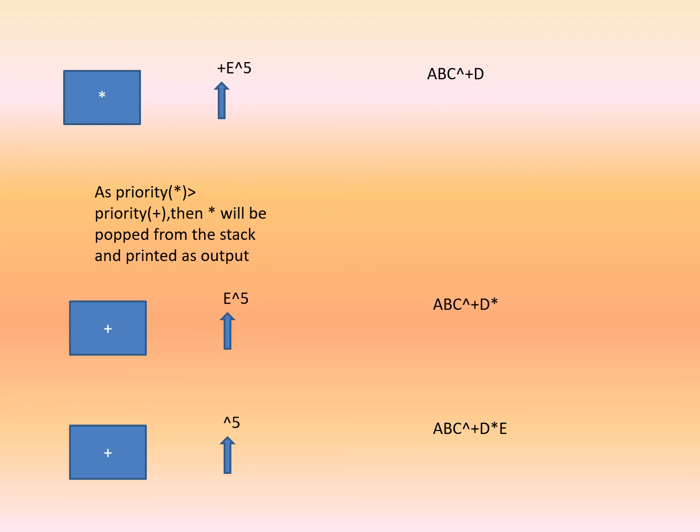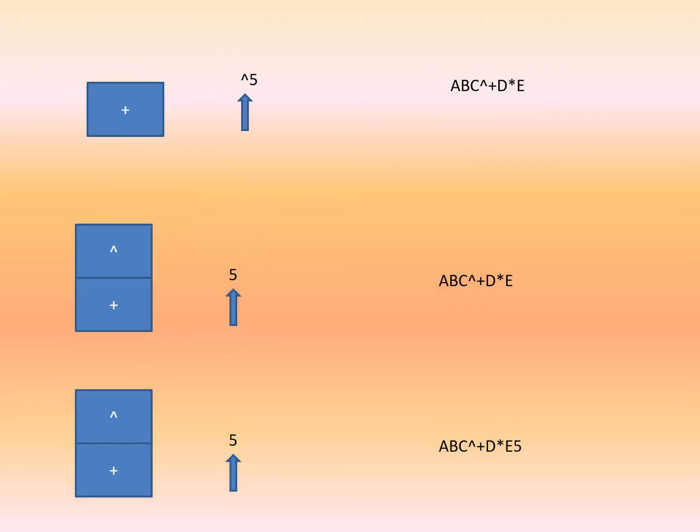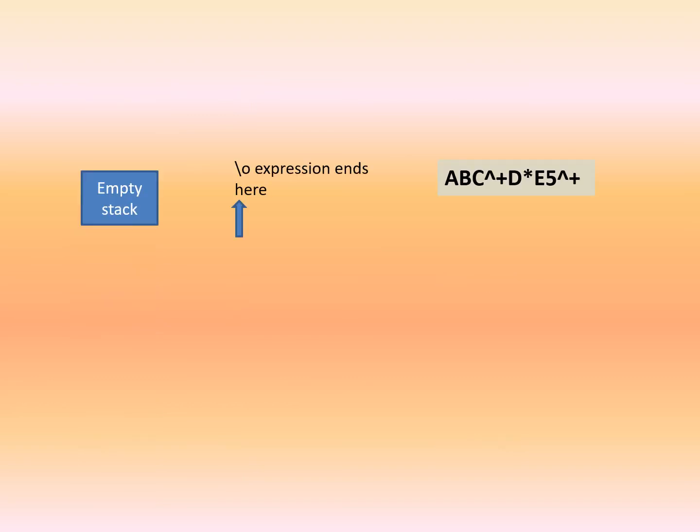And next, the cap operator is pushed into the stack, and there is the operand E, written as E. Then in the next step, the cap operator is pushed into the stack. When cap is pushed into the stack, cap has higher priority than plus. First the 5 operand will be placed here, and next cap and plus. Comparing these two operators, cap has higher priority, so cap is placed first, and the plus operator is placed next. So the final expression is this: